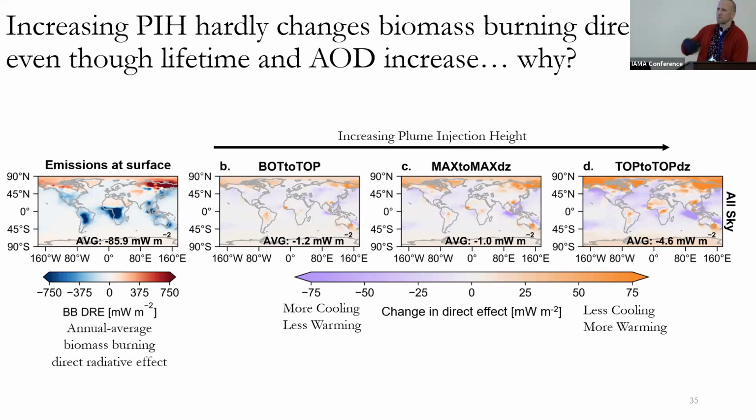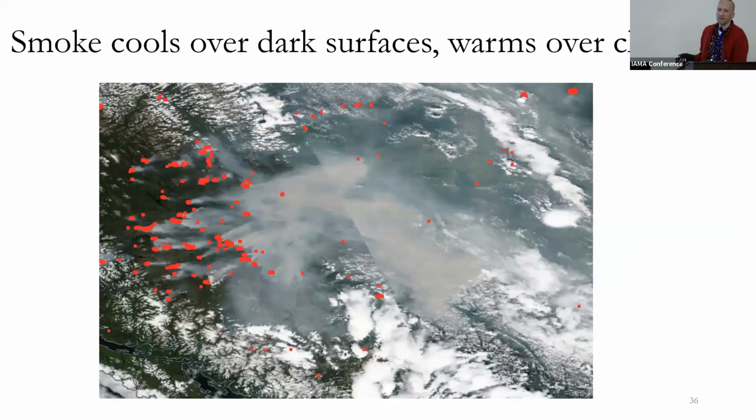And so why is this? If we're putting more smoke into the atmosphere, why in some places where we had a cooling, are we cooling less by having more smoke in the atmosphere? And the reason for this is we're now putting smoke above clouds in places. So places where there's a lot of low clouds where we can then inject smoke above it. If you see the smoke here above the dark surface, it's clearly brighter. And so it's taking energy that would have been absorbed, solar energy that would have been absorbed by those trees, and it's now reflecting some of that back to space.